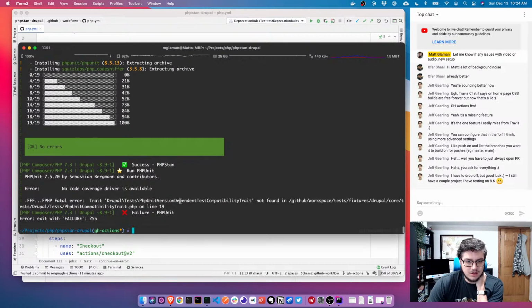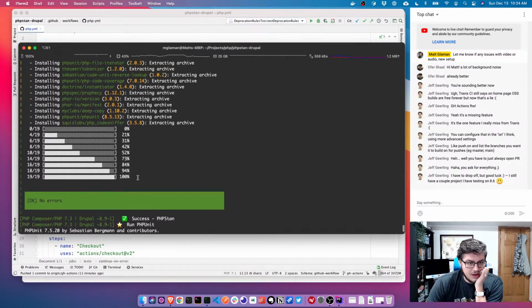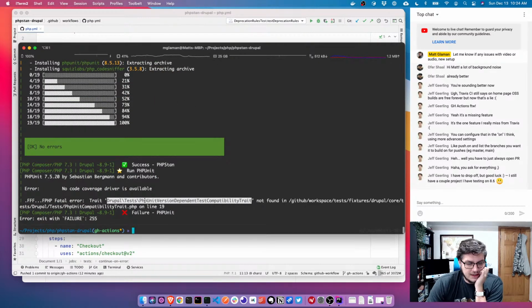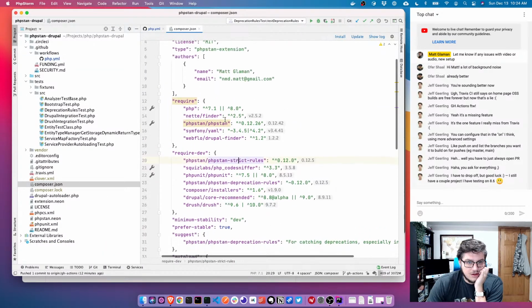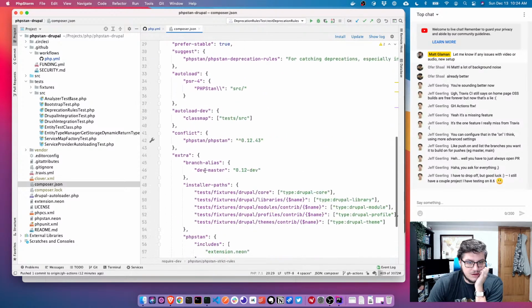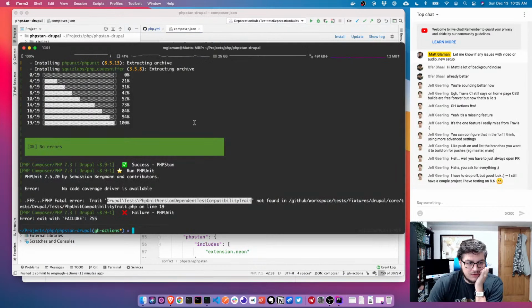Failure PHPUnit. Oh no. Oh, not this bug. So this is the bug that we were working on last week, and it's supposed to have a fix that prevents it from installing a version of PHPStan that conflicts with it. That's the whole reason this conflict is here, because of